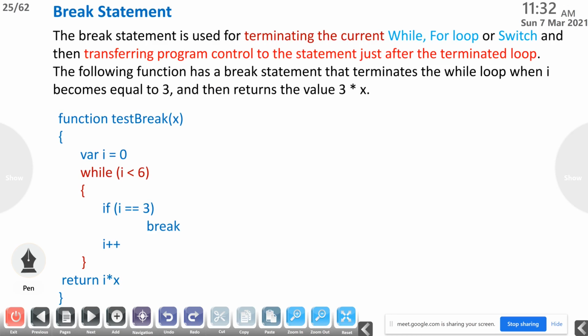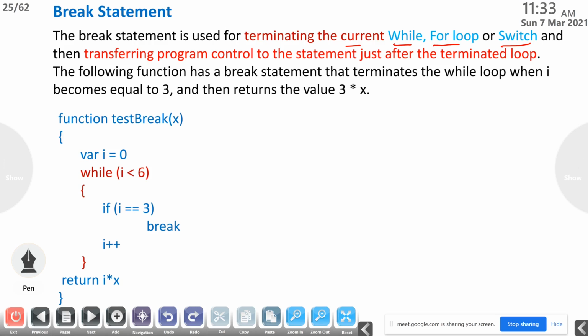The next one, the break statement, that we already discussed. The break statement is used for terminating the current while loop, for loop or switch statement, then transferring program control to the statement just after the terminated loop. The following function has a break statement that terminates the while loop when i becomes equal to 3 and then returns the value 3 into x.